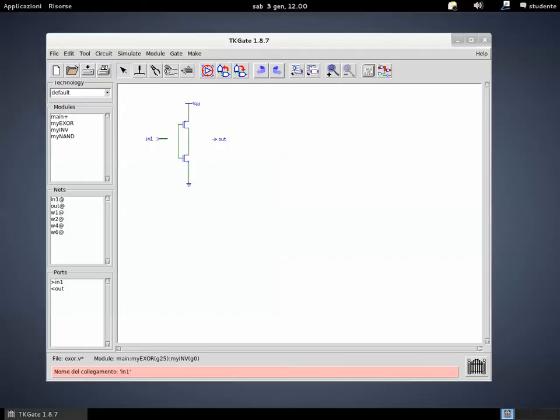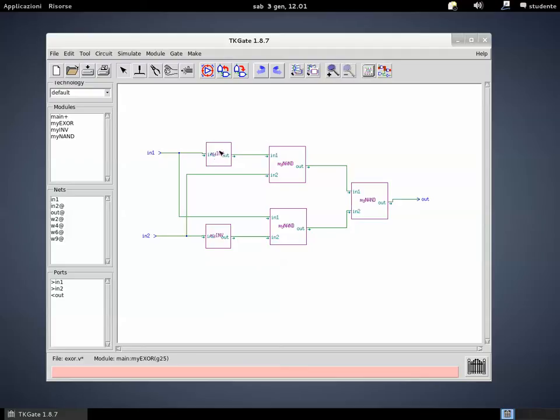Okay, done. Now I can go up, and remember that I entered within this module to implement it,